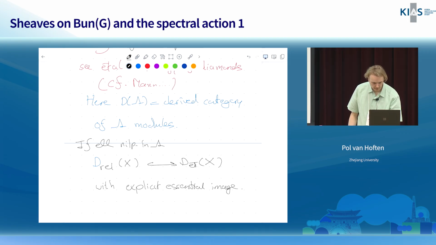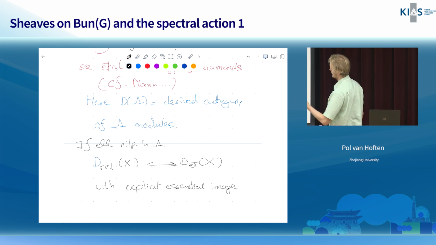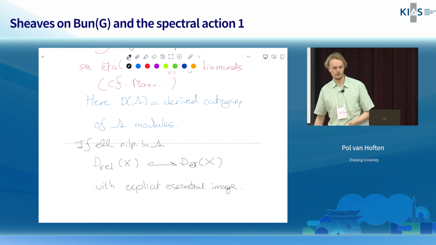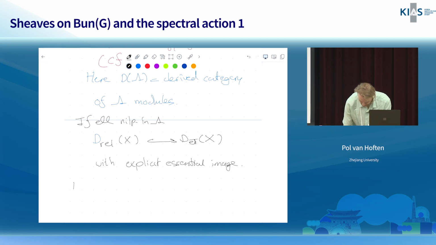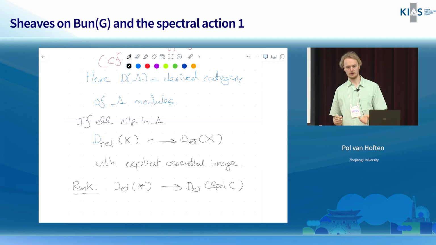What else do I want to say? Yeah, so if you're happy to assume that L is nilpotent, you might as well pretend we're working with the étale. But I should remark that the big difference between the two theories, as far as I'm concerned, is that D étale of a point and D étale of something like Spd C, where C is an algebraic closure of F,